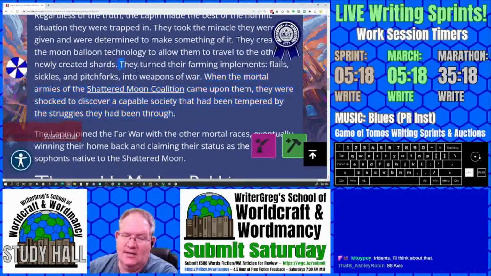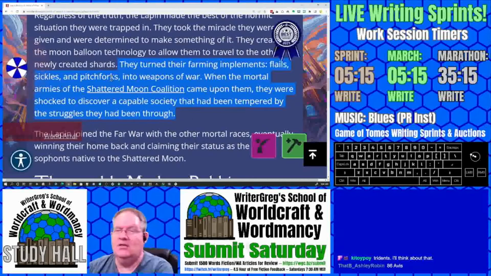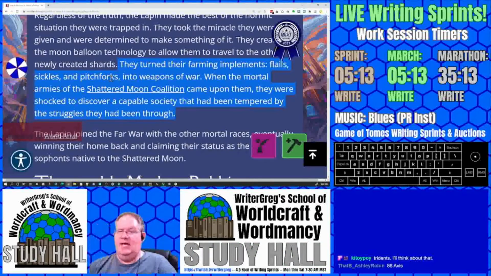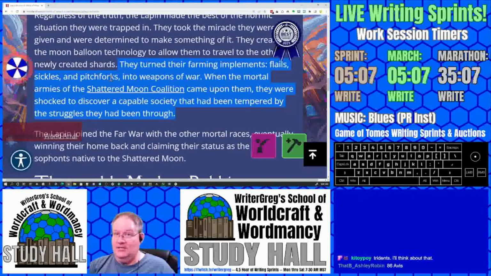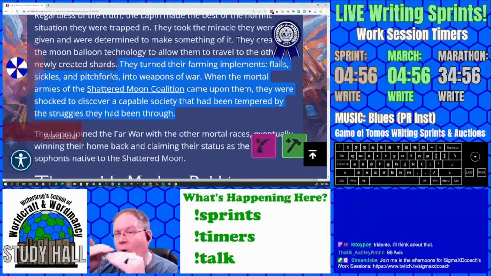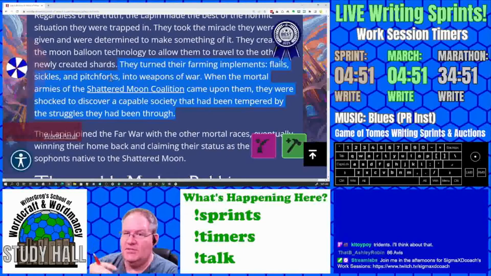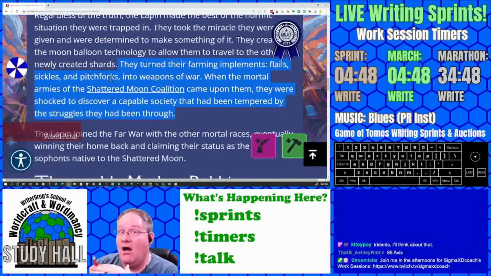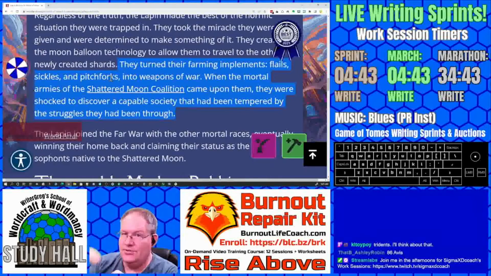Because you could take this half of a paragraph here, switch it around, and say the armies showed up and were surprised. The Lapin, in response to this army showing up, then created weapons. Okay, so the order in which you are providing the information, especially in a short-form nonfiction article like that, the most important is at the top, and usually in the sequence of the order of the events happening.